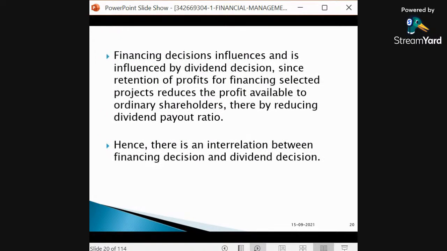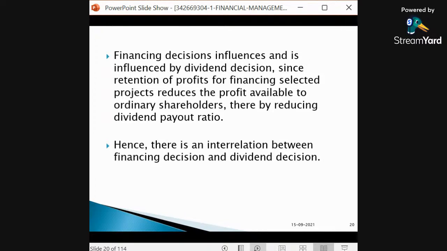Financing decisions influence and are influenced by dividend decision, since retention of profits for financing selected projects reduces the profit available to ordinary shareholders, thereby reducing dividend payout ratio. Pag sinabing dividend payout ratio, ito yung binibigay mo na part ng money ng mga kinikita mo in contrast with the financing decisions na pinipili mo. So for example, let's say